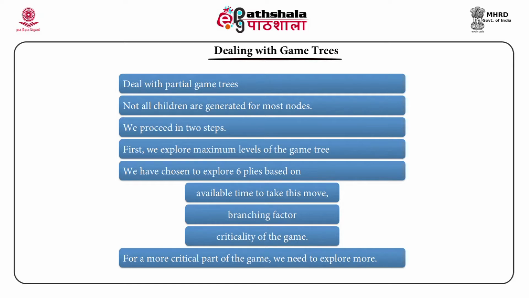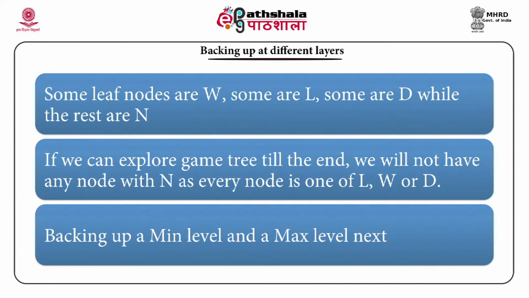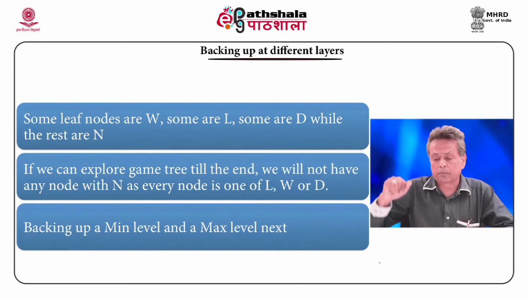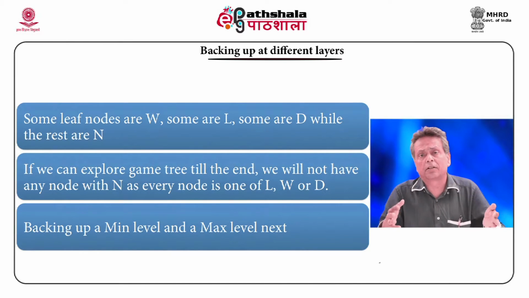If our king is under attack, obviously we'll need to probe a little further. And we have already seen the backing up. Okay, we begin with the leaf nodes, then start backing values up. Why do we do that? Because at the leaf node we have the most, this heuristic function or static evaluation function is